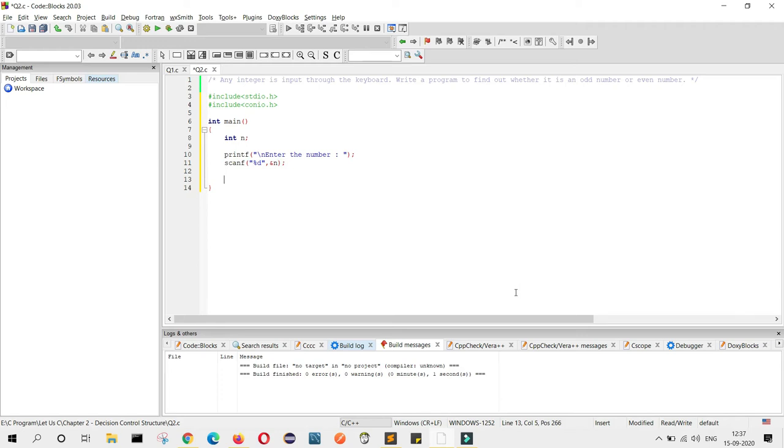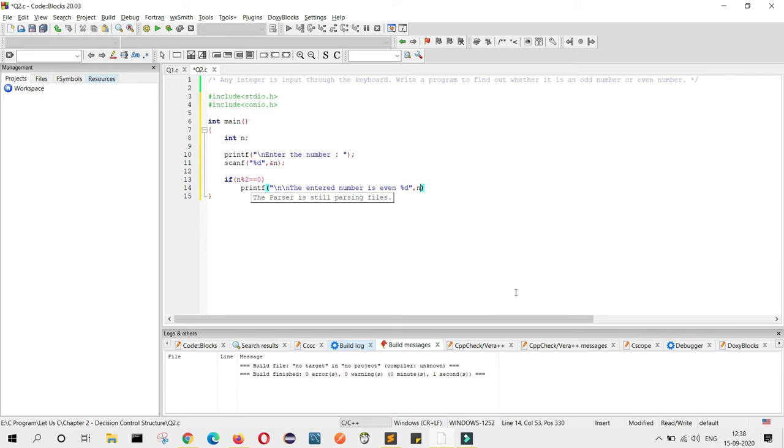Now we will write if condition, if n remainder, if any number divided by 2 and the remainder is equal to 0, if this condition is true, then printf the entered number is even, entered and the %d comma n.